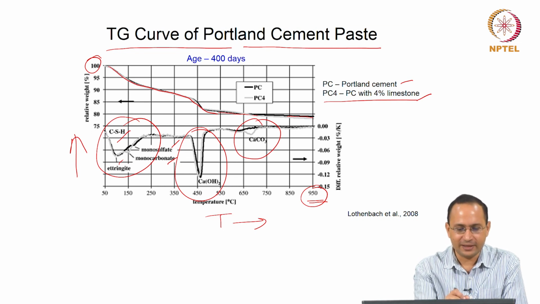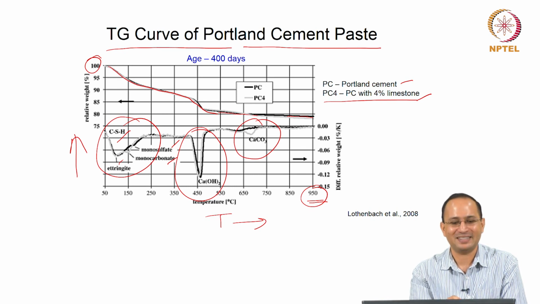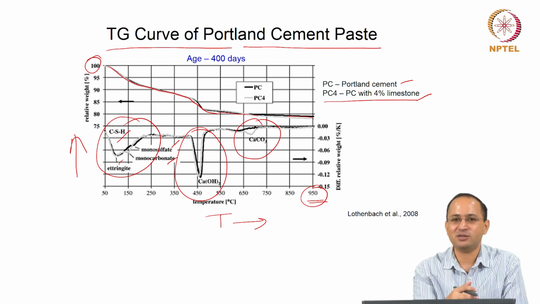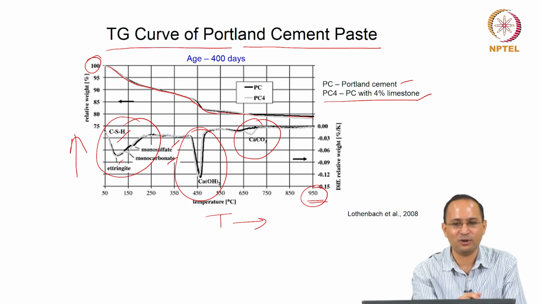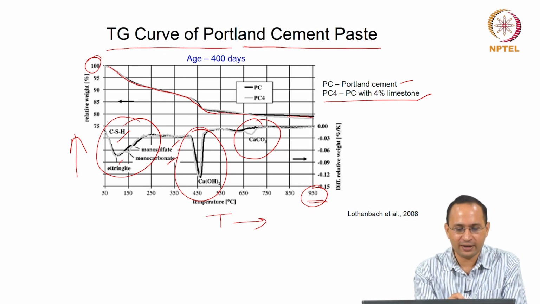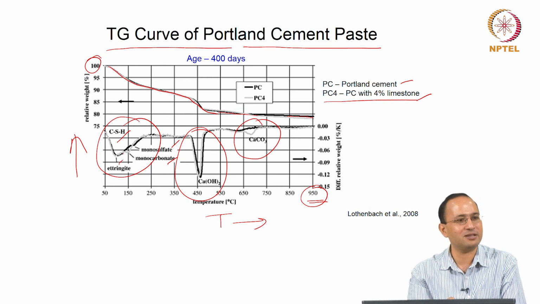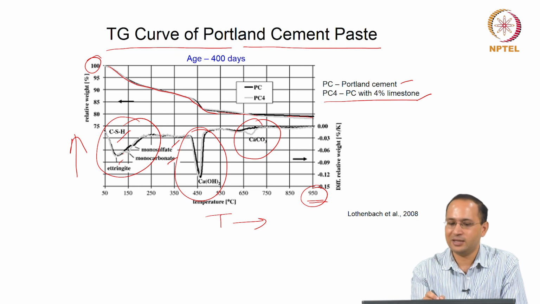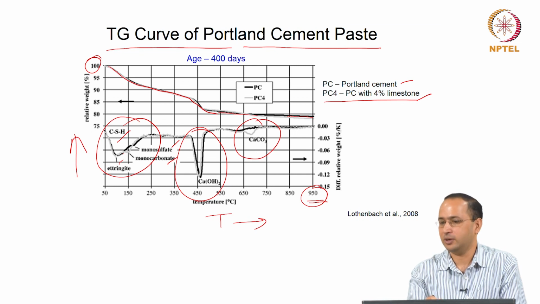But in this region at around 100 to 150 degrees Celsius, you have an overlap of a lot of peaks, ettringite, CSH. That is why it is very hard to quantify these phases, because it could be anything, it could be CSH, it could be ettringite. Monocarbonate and monosulfate are somewhere here, they are different, but at least there is a big overlap between calcium silicate hydrate and ettringite. That is why we can clearly use this TGA to quantify calcium hydroxide, where there is no overlap, and calcium carbonate without an issue, right.